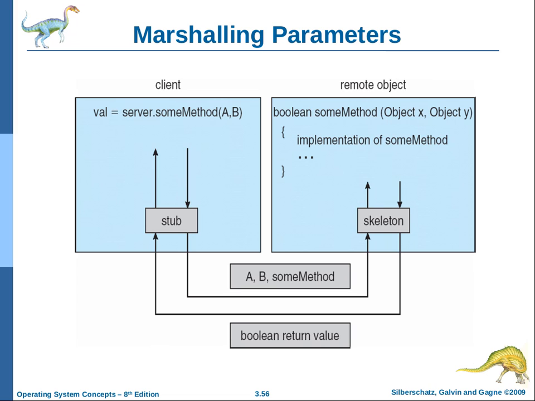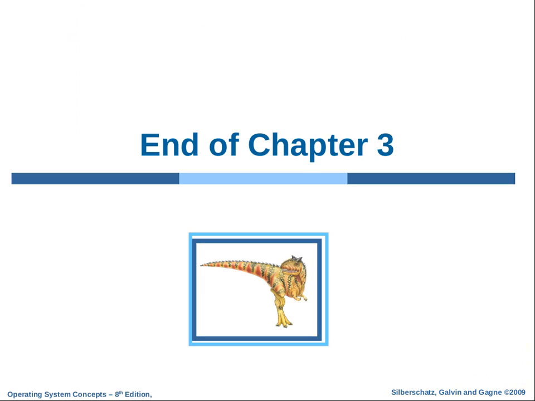Obviously, the server, once it receives the marshaled data, what does it need to do? Change it. Yeah, so it changes it back. So it unmarshals it, does what it needs to do, marshals it again, sends it back, and the client unmarshals it when it's over there. So there's a lot of different things that can happen due to the fact of how data is stored on different machines. Any questions about marshaling? Hopefully we'll see a little more of this later.